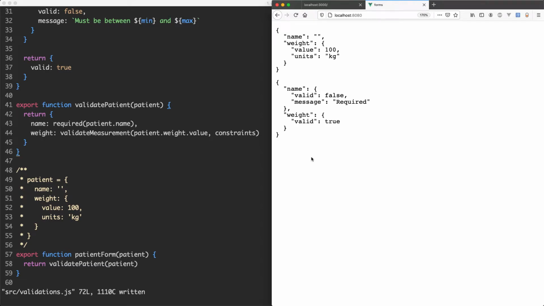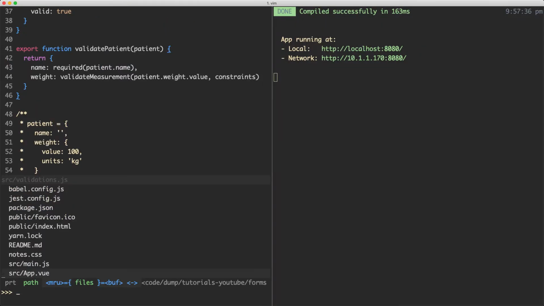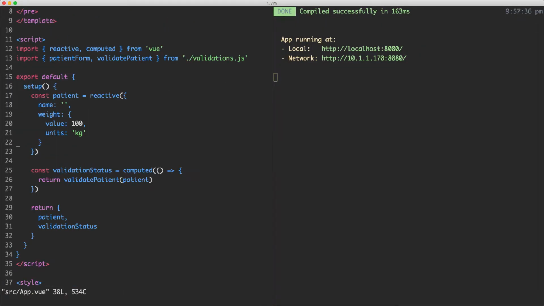Now that we've confirmed everything is working as expected, the next thing we need to do is have some inputs and a form to actually let us update these values and make sure that's correctly updating as well. Let's go ahead and start off by making some of our template. So what I'm going to do is head over to app and we're going to start building out a little